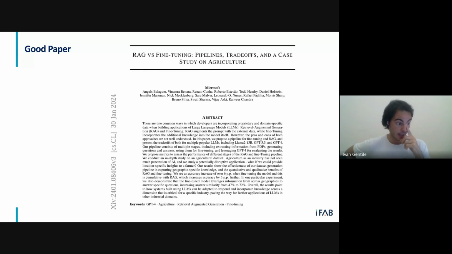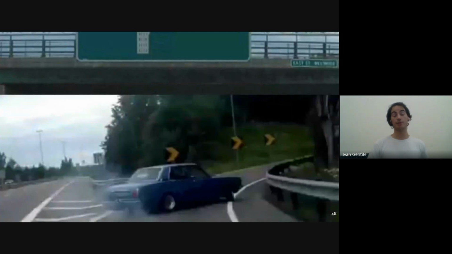Even better, if you decide to get into it, you can check out this paper. It's called RAG versus Fine-tuning. It's from Microsoft, and goes in depth, comparing on a specific case study the difference between RAG and fine-tuning, and we see that, spoiler alert, the solutions are more or less the same. So it doesn't matter too much if you RAG or if you fine-tune. The most important thing is the information content in your data to then improve the result. If you combine the two, you have a better performance.